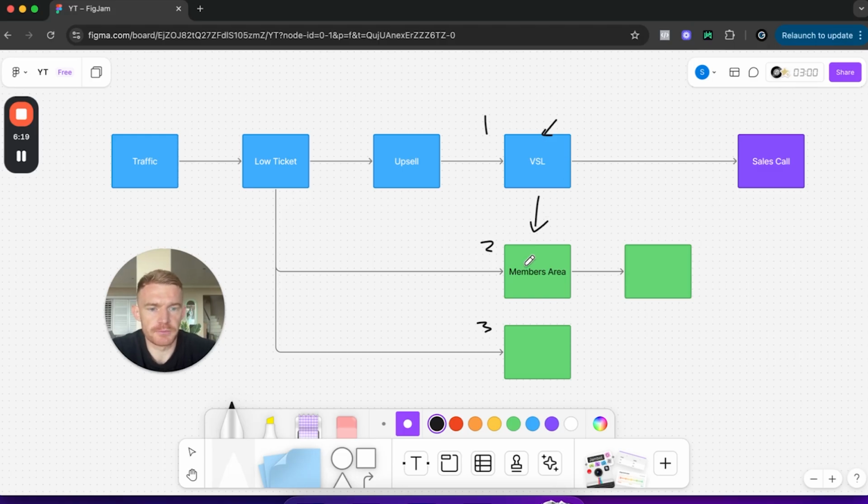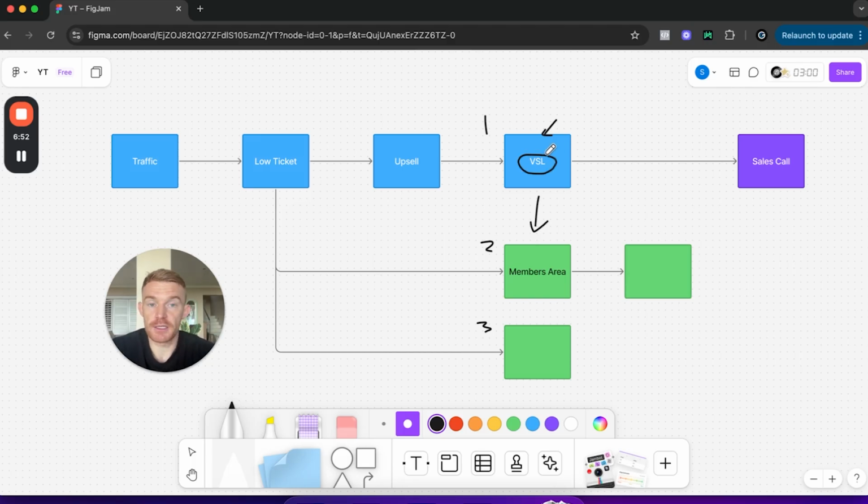Way number two is pretty similar. In the membership area, you're also going to have a section, and depending on your framing in part one, that's going to determine what it looks like. For example, what we used to do is, before they went through the course inside the membership area, they would log in, and the first module or lesson would say start here, and it would be an introductory video, which is essentially just the VSL. And the VSL welcomes them to the course.